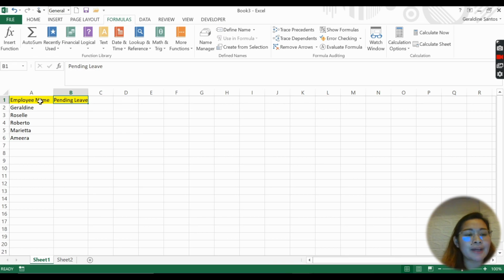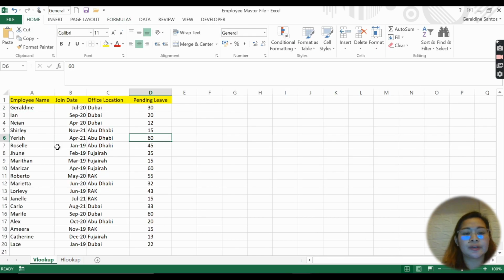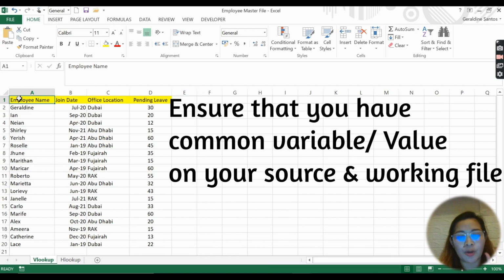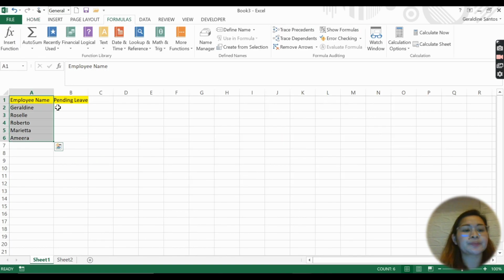This is my common variable to my source file and my working file. I have both employee name. So make sure that you have a common variable that you can use for looking something up. For example, I'm looking for the pending leave of this employee.